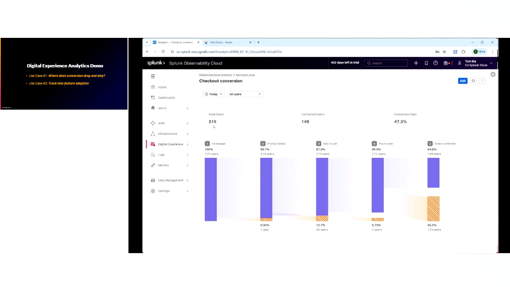We can also see some overall metrics like total users and overall conversion rate for today. I can select different time frames and fine tune this visualization. But looking at the chart itself, we can see that at the very first steps there is just a little drop off. Almost all the users progress to the next step quite successfully. But what we can see at the very end is that there is a big drop off